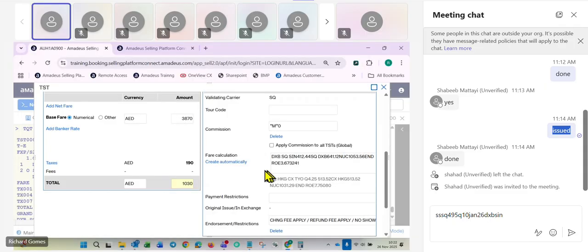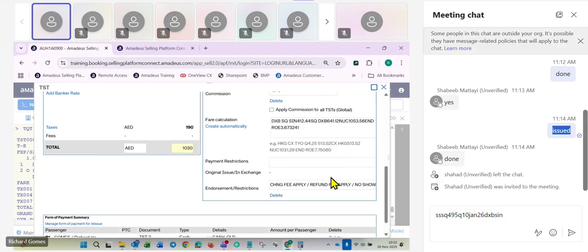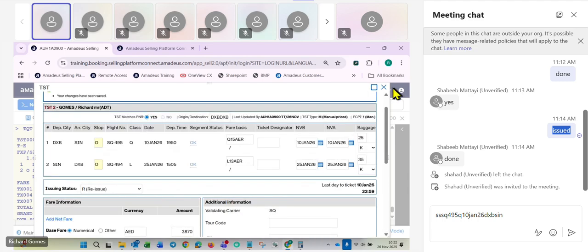Once you have clicked on update, you can check here whether any of the not valid before and after dates are missing. If it is blank, then you can select it from this calendar. You will put the same date which is there on the travel. So if it is 10 January, you select that for not valid before, and not valid after can be the same date. Similarly for the return, check your baggage allowance, everything is correct. If all are okay, then in this case, what you can do is simply close this